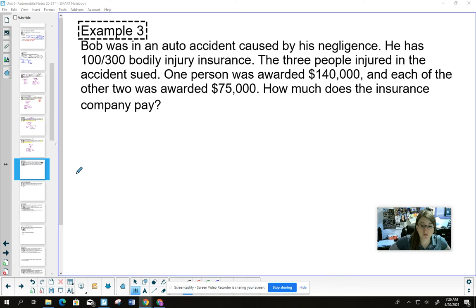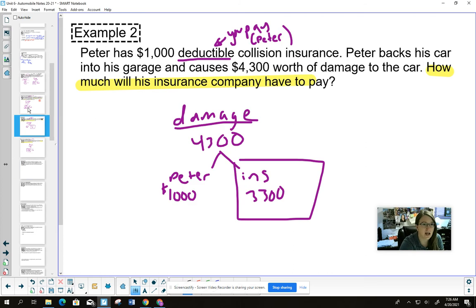So here we are for part 2 of this lesson now. Normally in a normal school year, I actually take like 2 days to teach this lesson because again, it's a lot all in one. So we already talked about property damage mostly and collision. So damage to a vehicle, be it yours or somebody else's.